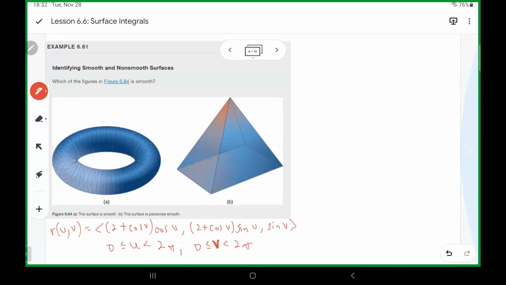All right, so we can use technology to verify it. Notice that the vectors, so we're going to have r sub u